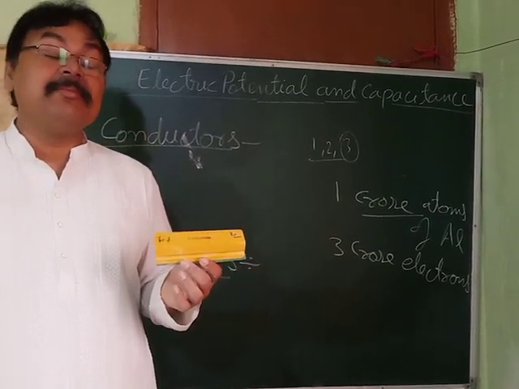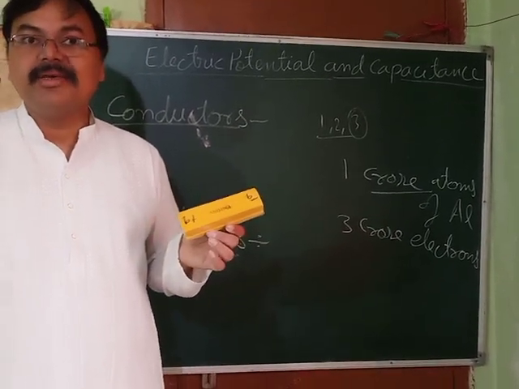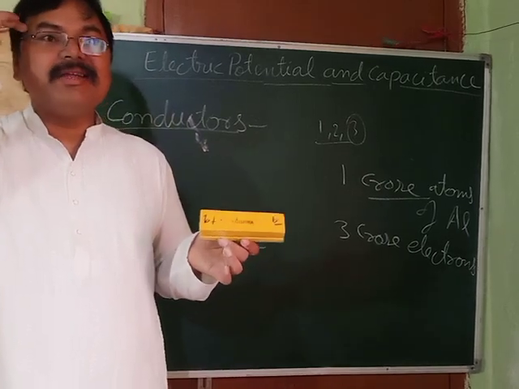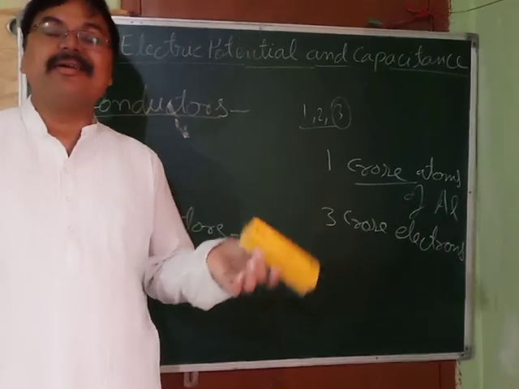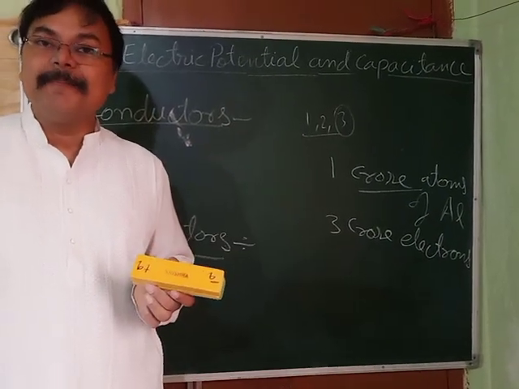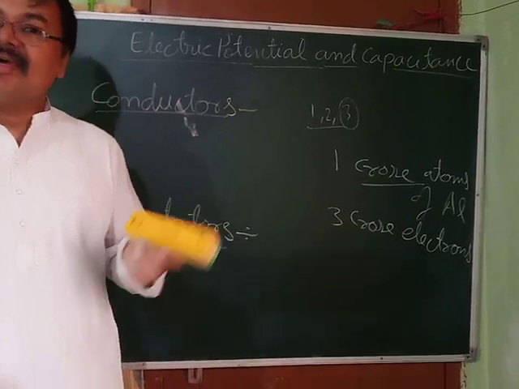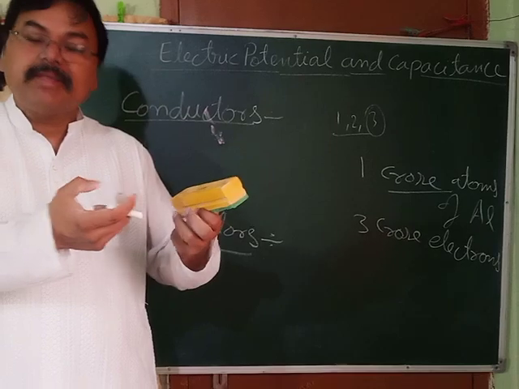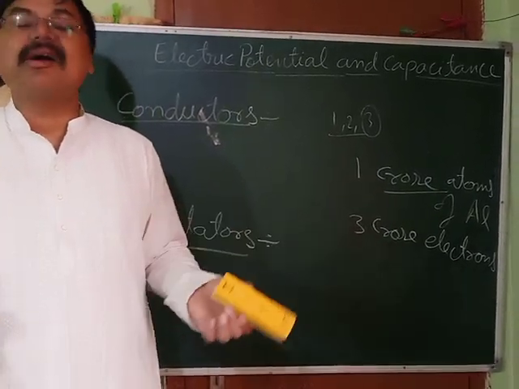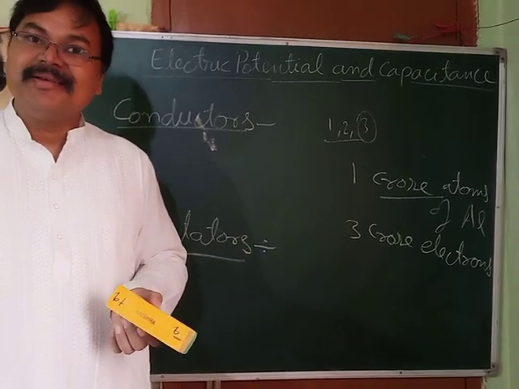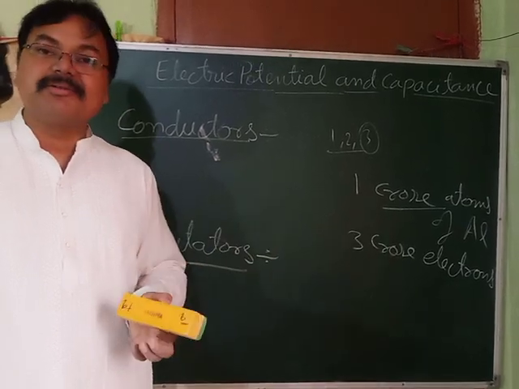And that's why what do we call them? We call them free electrons or free charge carriers. And these free charge carriers are responsible for carrying current, and that's why it is a conductor. Metals are good conductors. This thing you will not find in insulators. Their electrons are bounded, fixed in the bonds, so they cannot move freely, and that's why they don't conduct. This beautiful quality makes metals very good conductors.